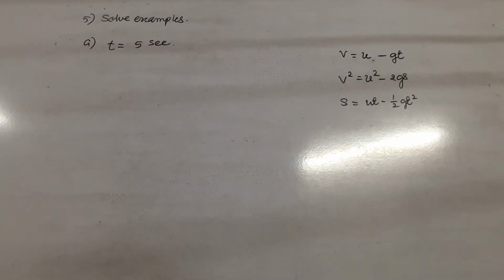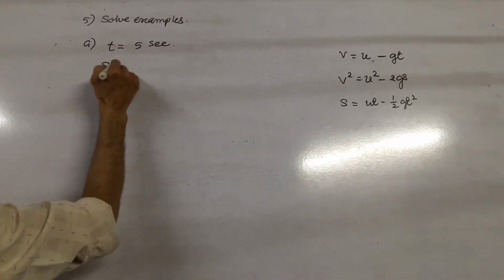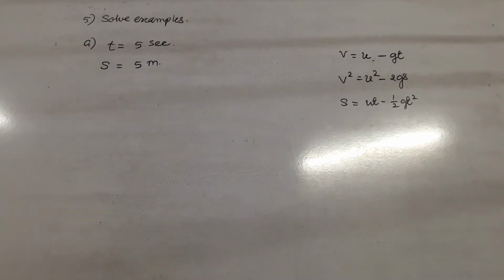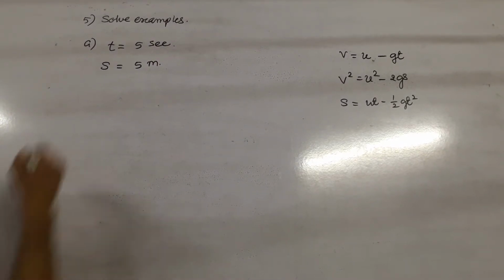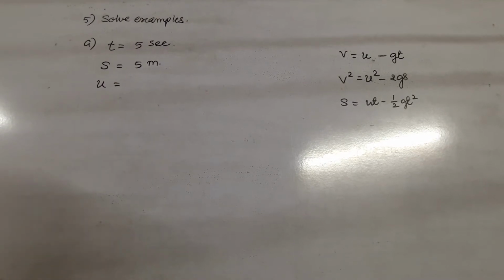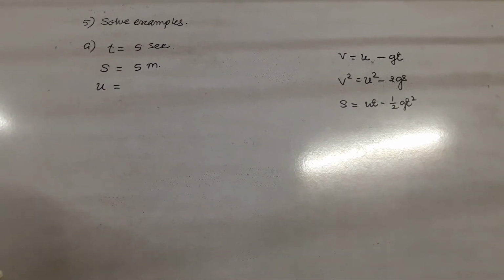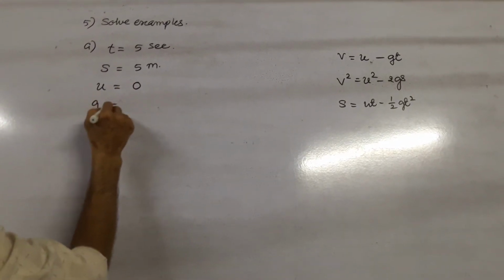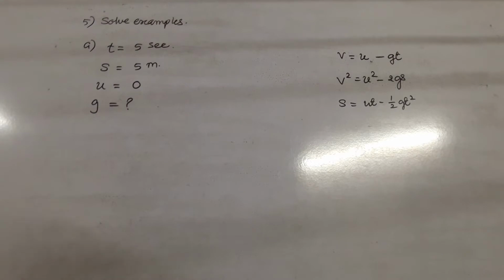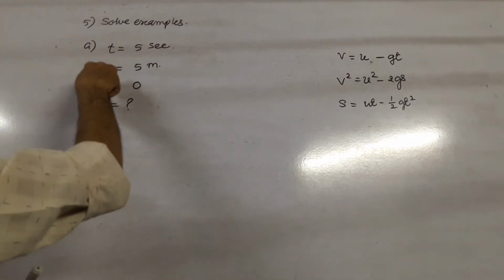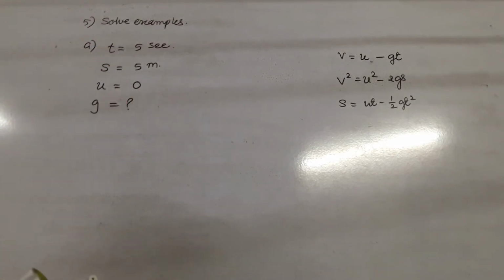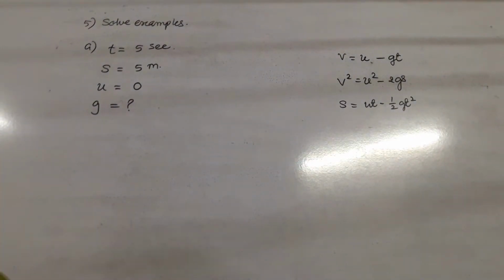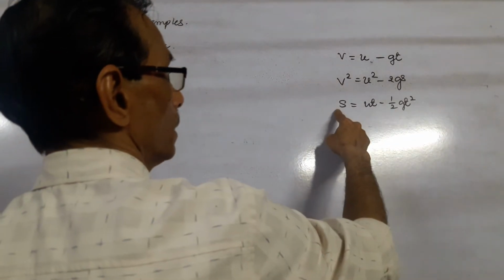And the body falls from a height, and therefore height s, the distance traveled, is 5 meters. And here it is given that it is dropped from a height of 5 meters, it is just dropped, and therefore initial velocity u is 0. And we have to find the gravitational acceleration of that planet. Now we see t and s are there, and u is also given, and g we have to find out. So we know the three equations of motion; we can take either the third equation